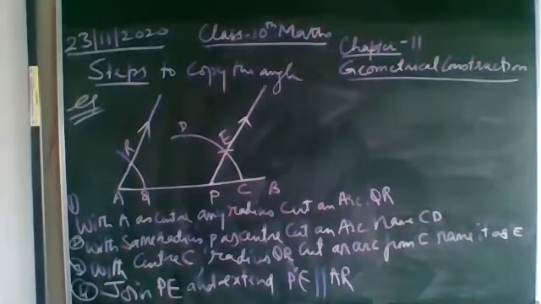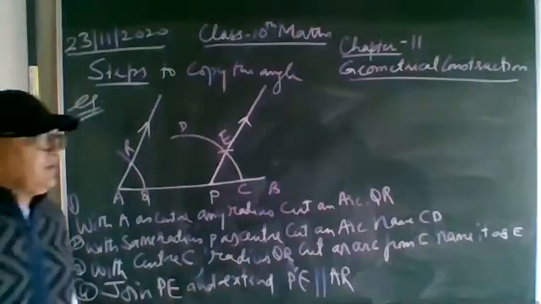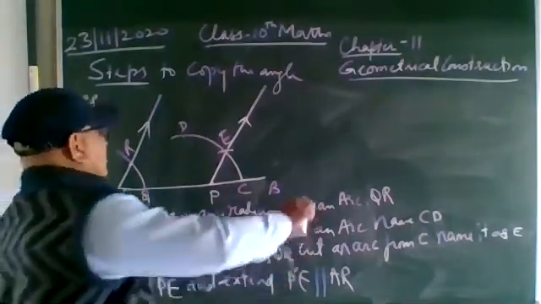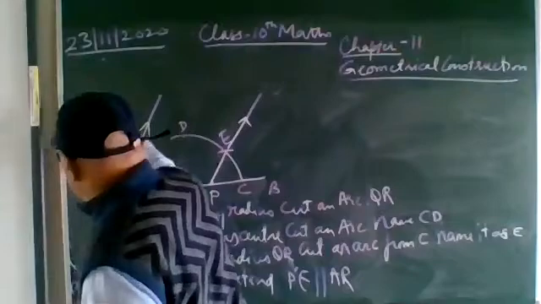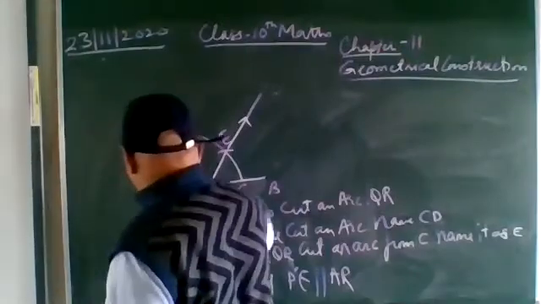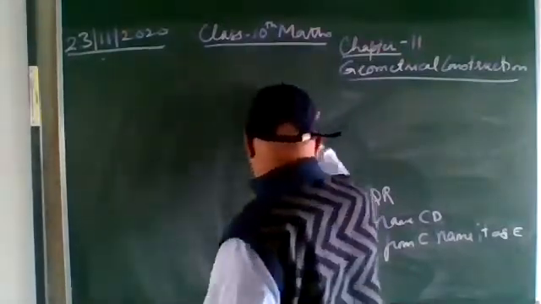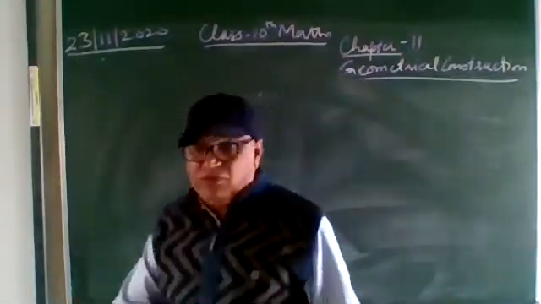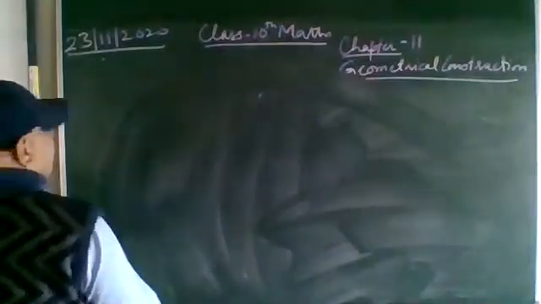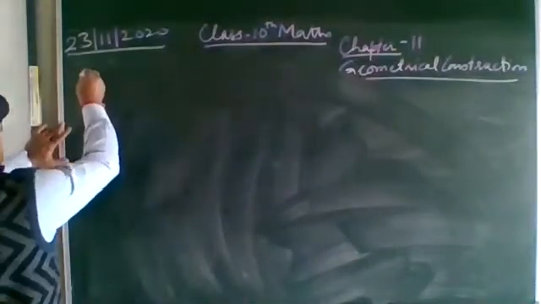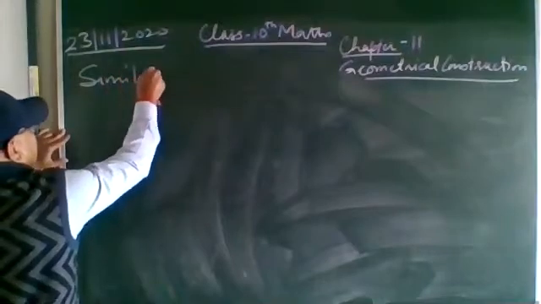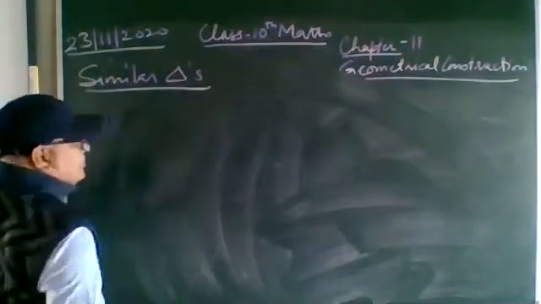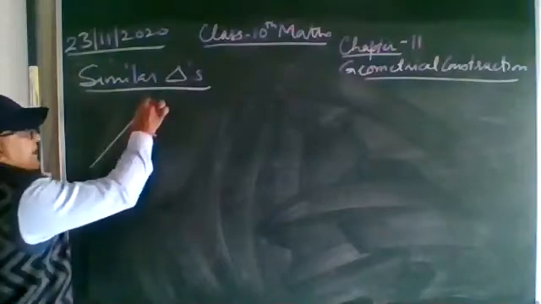So this is the division of a line segment, and this is what we studied. Now I will explain the similar figure also. That is not in the syllabus, but I will explain it. You know what we do in a similar figure? That is the basic proportionality theorem, where we draw a parallel line and get a similar triangle. First, this is the triangle.